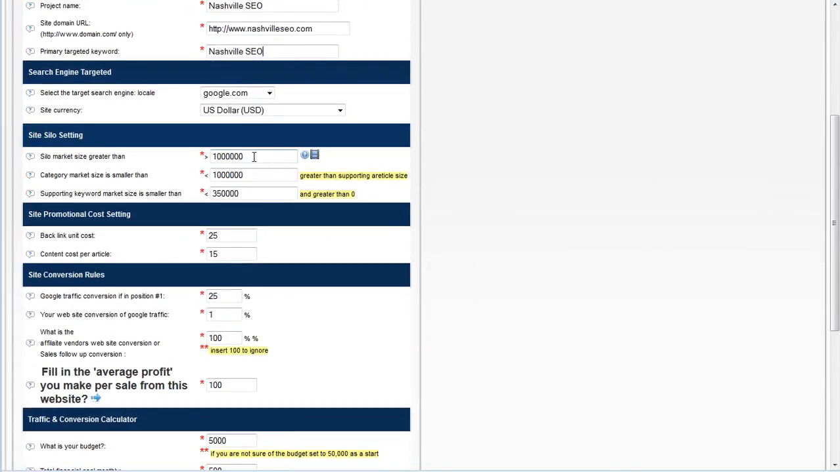Alright, Google, US, I don't know the answers to these right at the moment. I'll come back and figure that out in a minute. Backlink unit costs, content costs. I'm going to take the defaults there. Traffic conversion on a local level if I'm ranked. You know what? I expect the